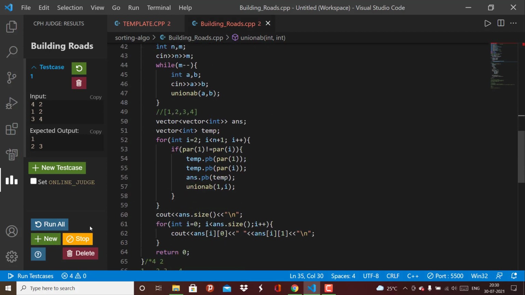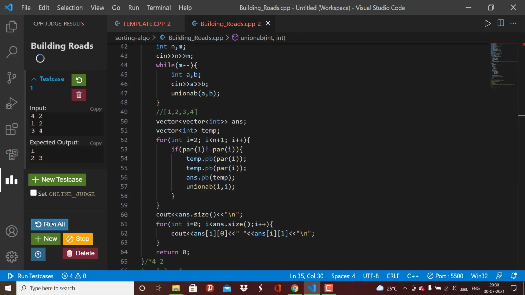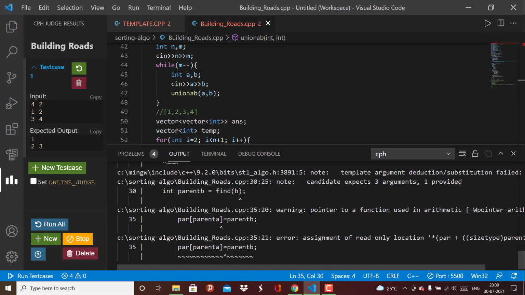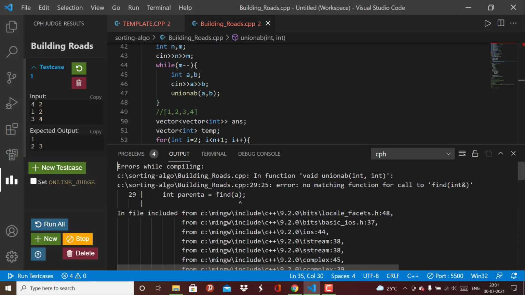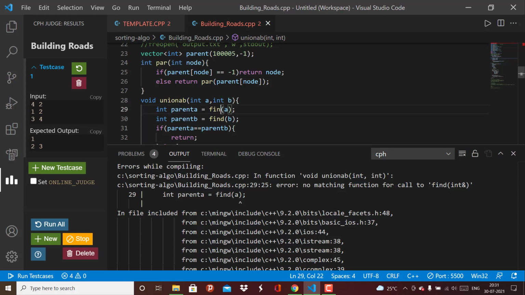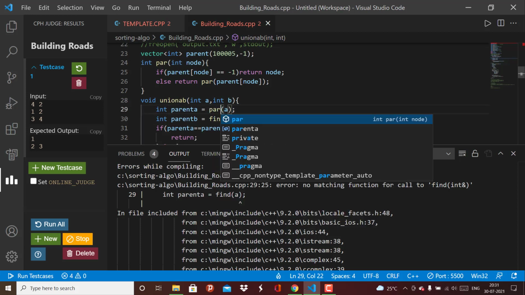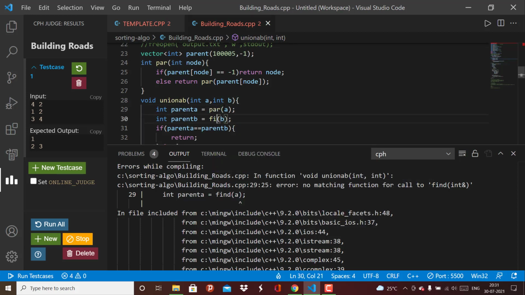Let's try to run our code. So there's some error here. The function that we wrote is not find, the name is parent. Same here as well, it should be parent.